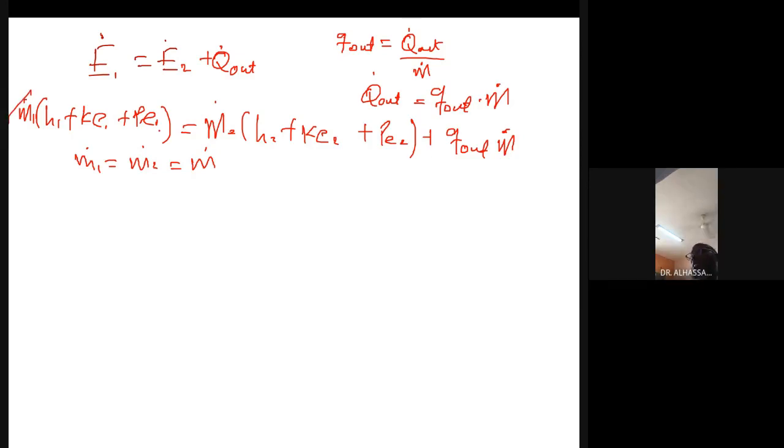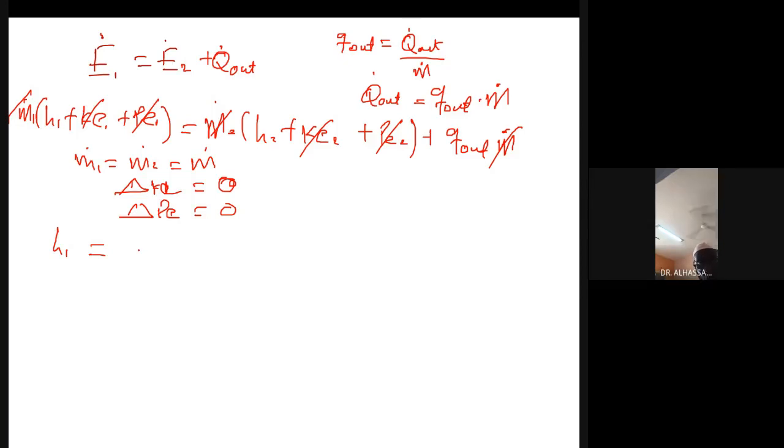So it means all these m's will cancel out, and the change in kinetic energy equals 0, and the change in potential energy is also equal to 0. You understand me? So all these terms will be cancelled out. So eventually we'll be left with what? H1 equals to,